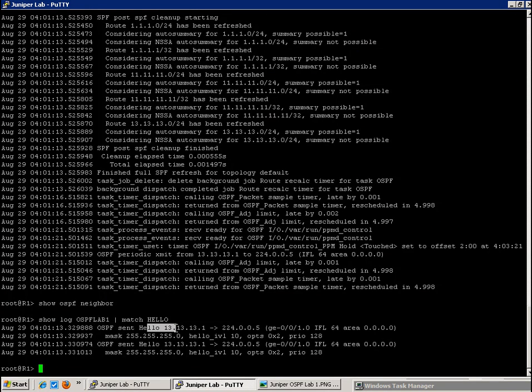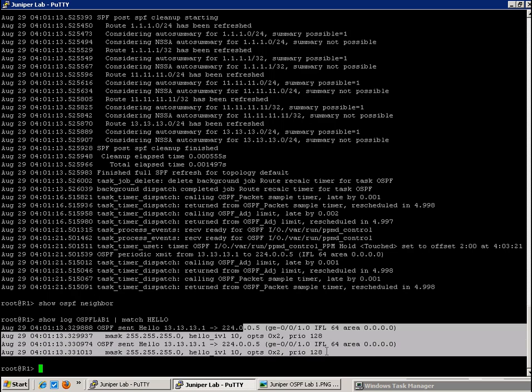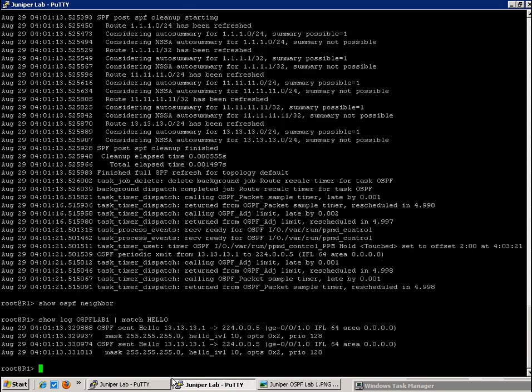So you can see right now that on R1 we're sending hellos out of our ge-0/0/1 interface. With that, we're given the multicast address of 224.0.0.5, which in OSPF is the all SPF routers. So this is the update information, our hello traffic going out to try to find neighbor relationships on the link. And in this case, we're going to see that we will be successful in doing so once we configure OSPF